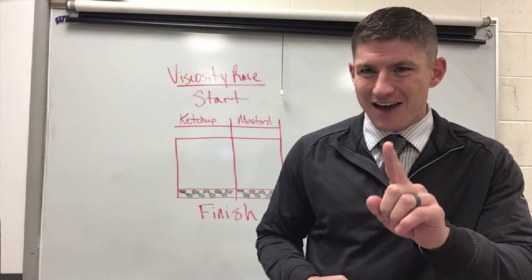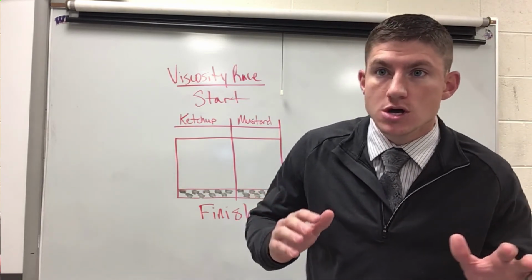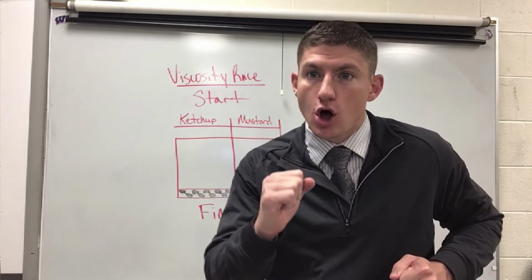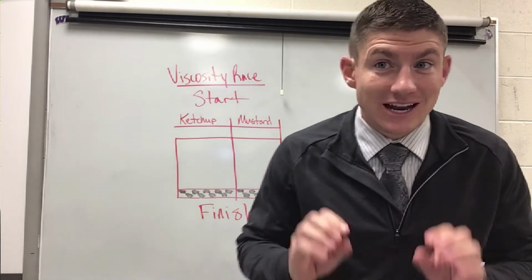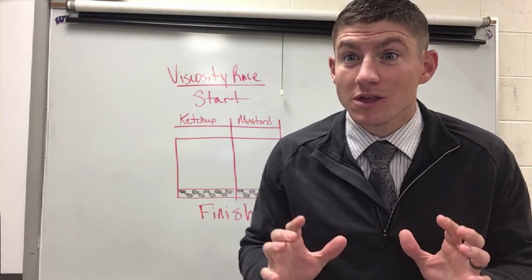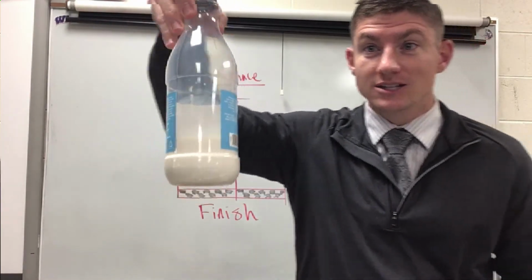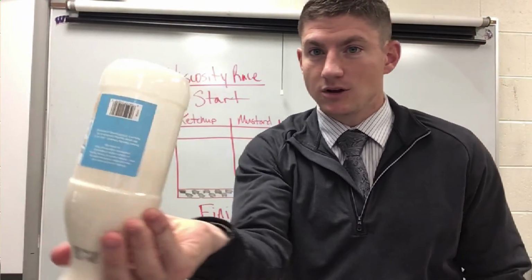Something has a high viscosity if it moves really, really slow, like it's in slow motion. Something that has a low viscosity moves really, really fast. For example, we've got this wonderful coffee creamer that Mr. Shane had in his coffee this morning. It moves relatively quickly. You can see how fast it goes from one spot to another as that liquid fills